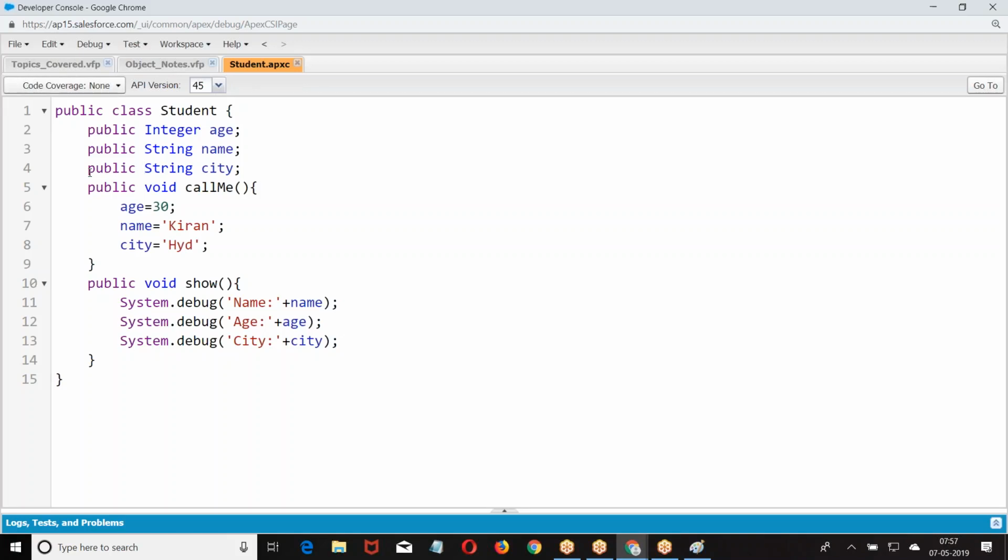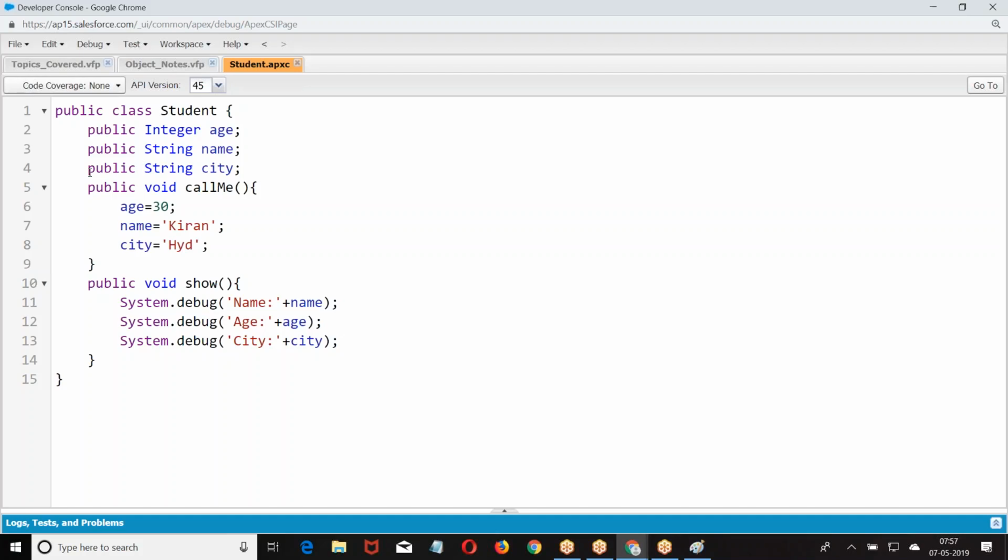When I say used outside the class, create an object for the class: object dot variable 1, object dot variable 2, object dot method 1, object dot method 2. So how can you call variables or methods outside the class? Create an object for the class, call it. I hope you got my point.